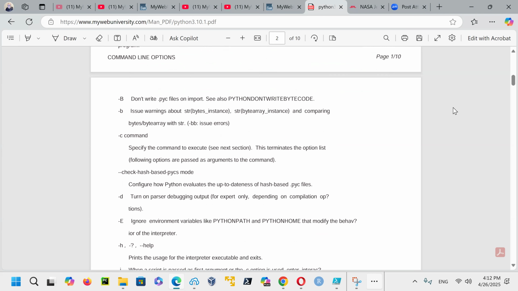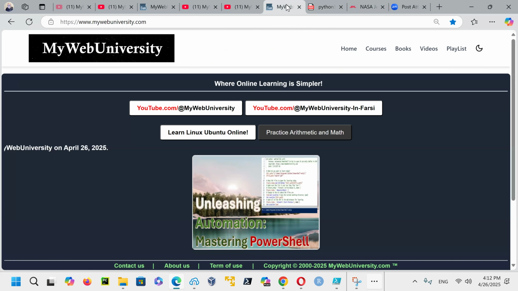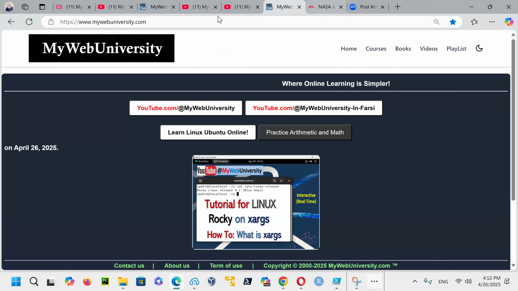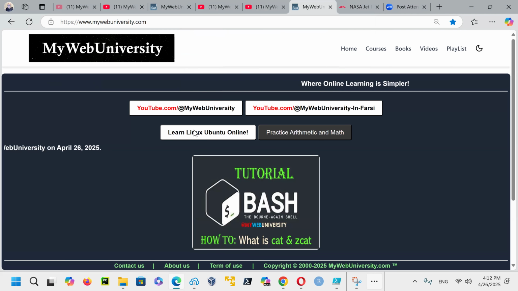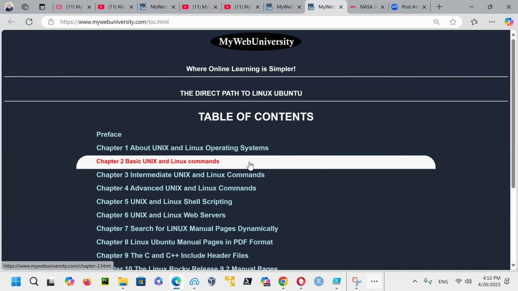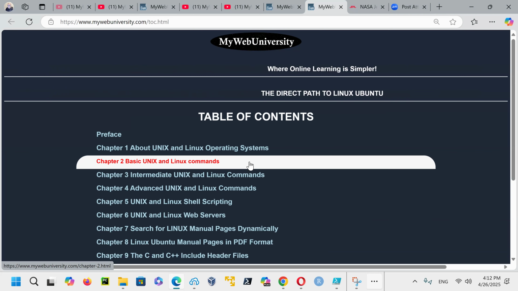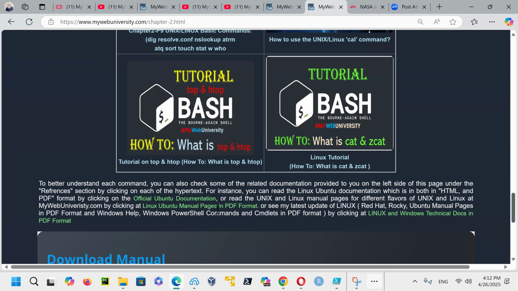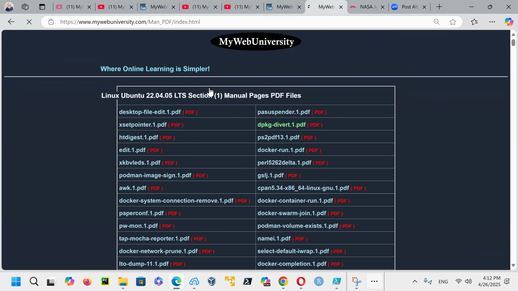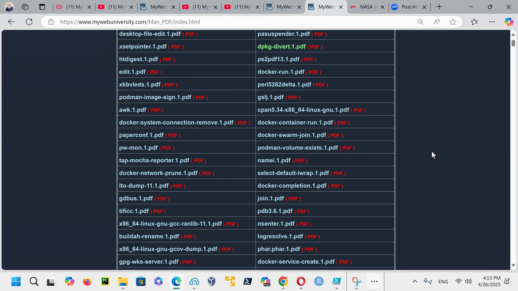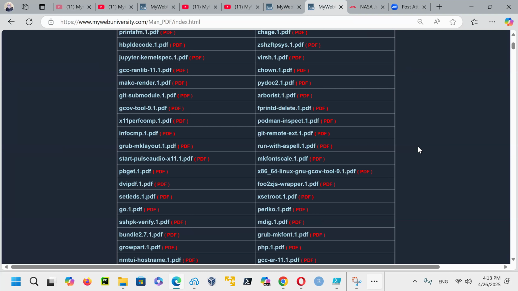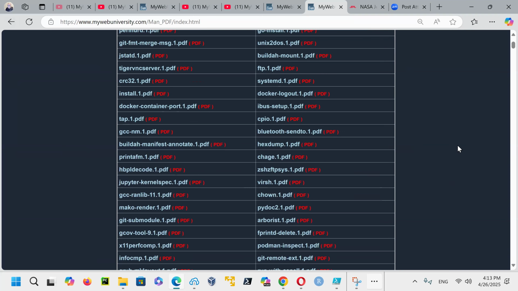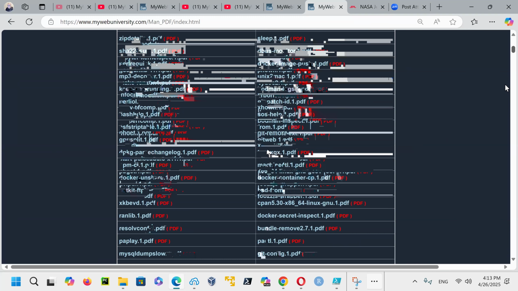And then obviously for my website, you can see here, let me just close that one. For this website, if you go here on the basic, like I showed you in chapter 2, you can come in and say, okay, let's just see this page. When you go to this page on my website, I just provide this interface. This interface was also built with bash shell scripting, generating this nice table for you from section 1 through section 9. All of them are listed here.